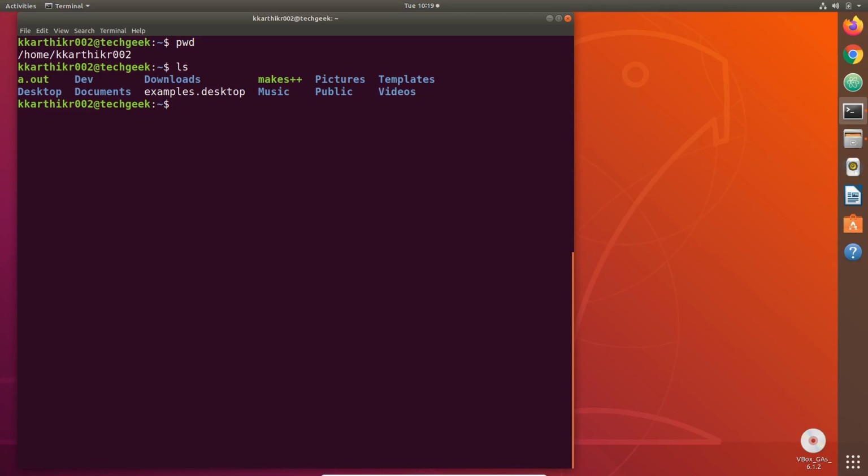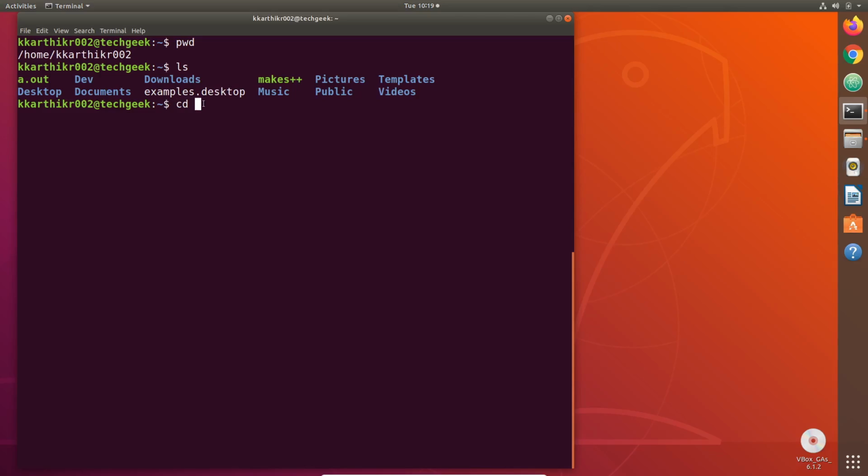The syntax of the cd command starts with its command name. The command name is cd, separated by a space from its arguments. Its arguments are nothing but the path to the directory to which we are going to change the present working directory.